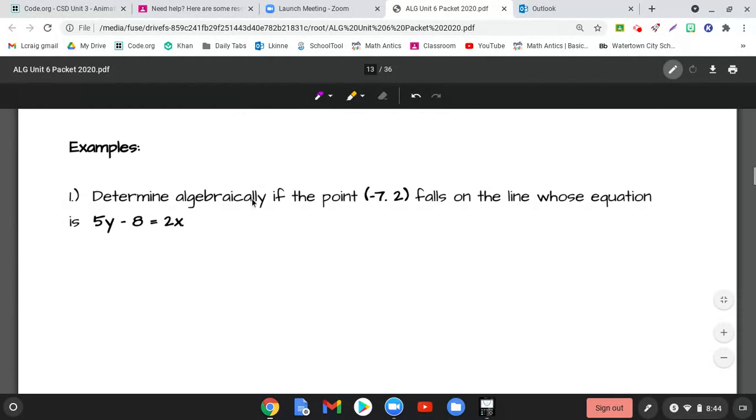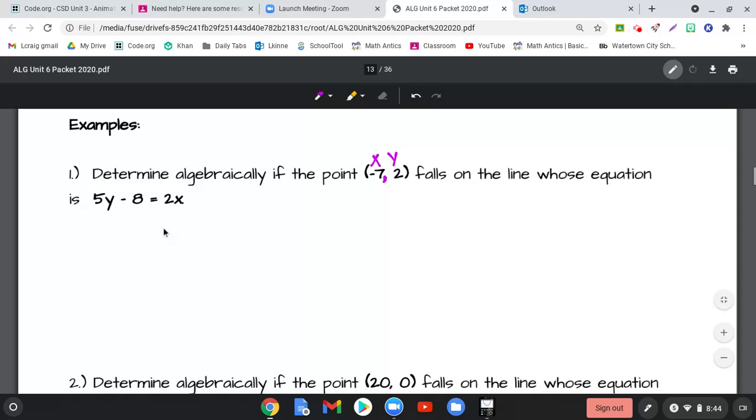So it says determine algebraically. That just means using algebra, not a graph. So using the equation and your different operations, we're going to figure out if negative 7, 2, there's our x, there's our y, falls on the line whose equation is this. So rather than take the time to solve this, which we haven't done yet, and graph, you can just easily take the equation